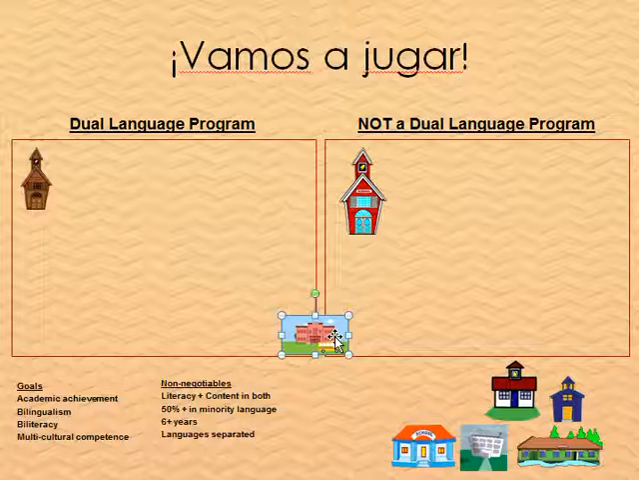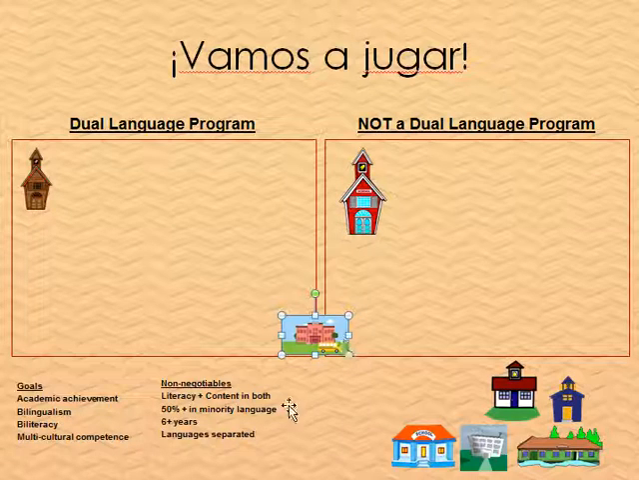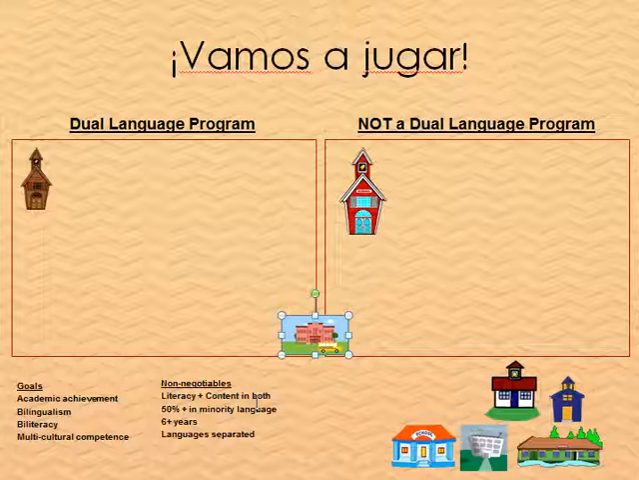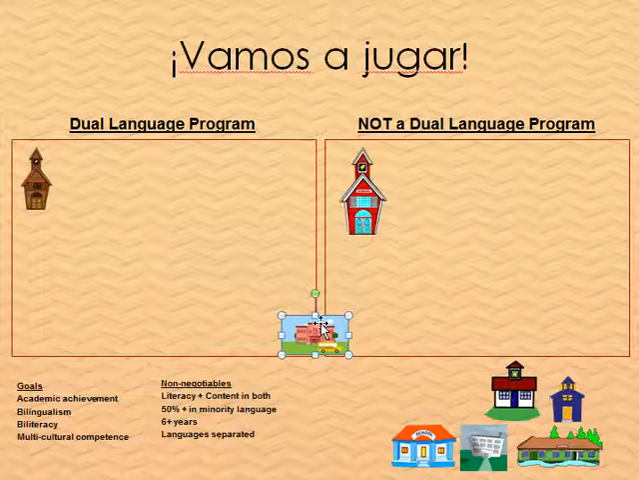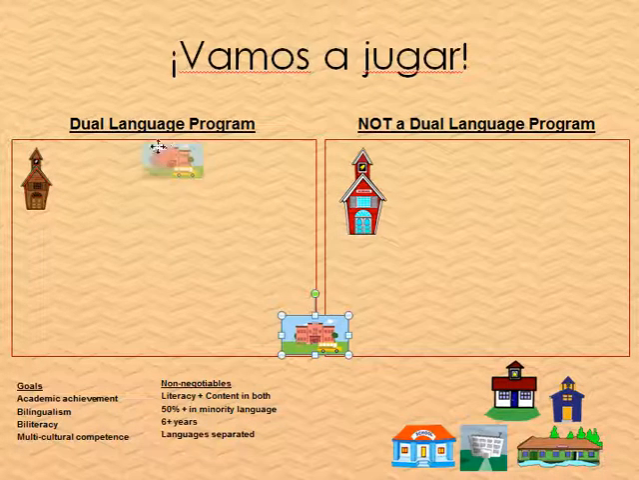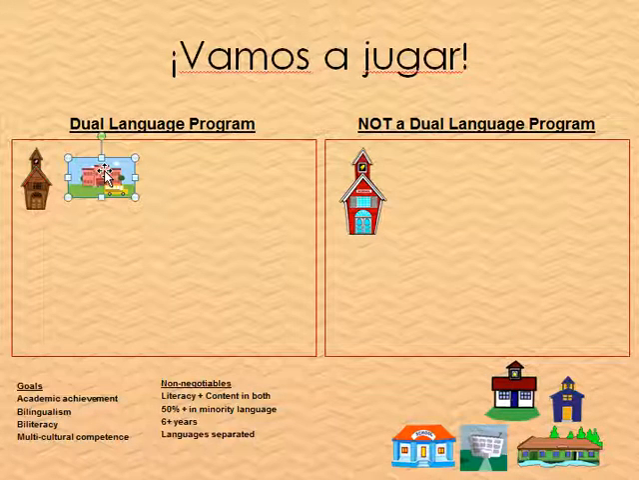I heard clear evidence that literacy and content are in both languages. I heard that there's a 50% balance later in the program, but they actually start with more time in the minority language earlier. That the program goes until at least 5th grade, and the languages are separated at least by content area. And so for me, this is a dual language program. Next up,